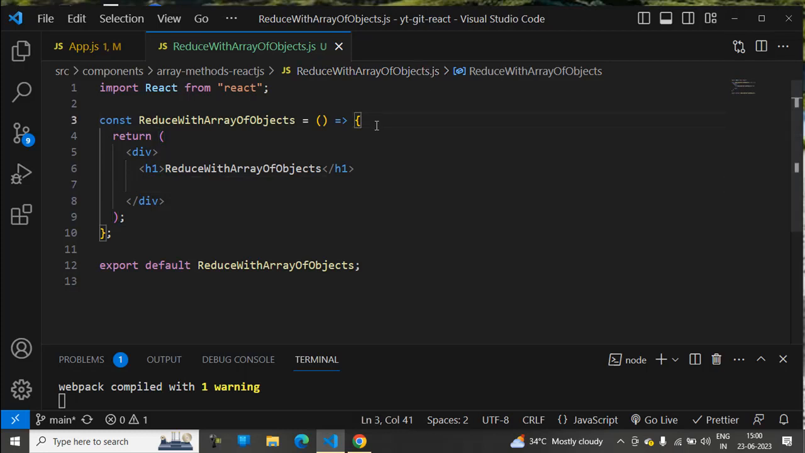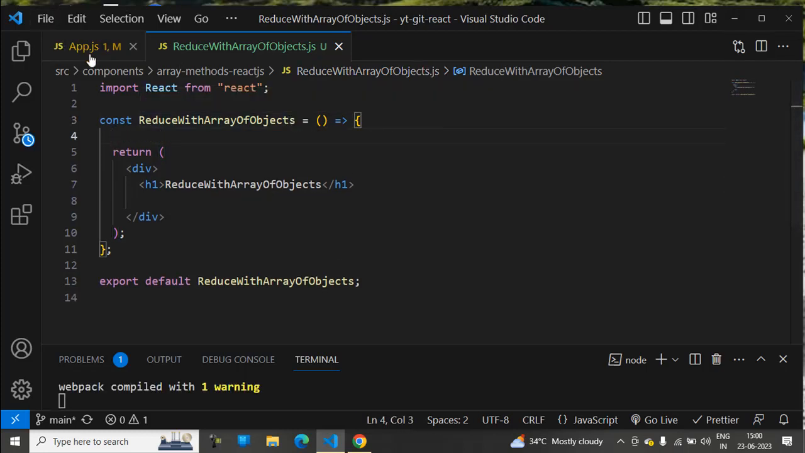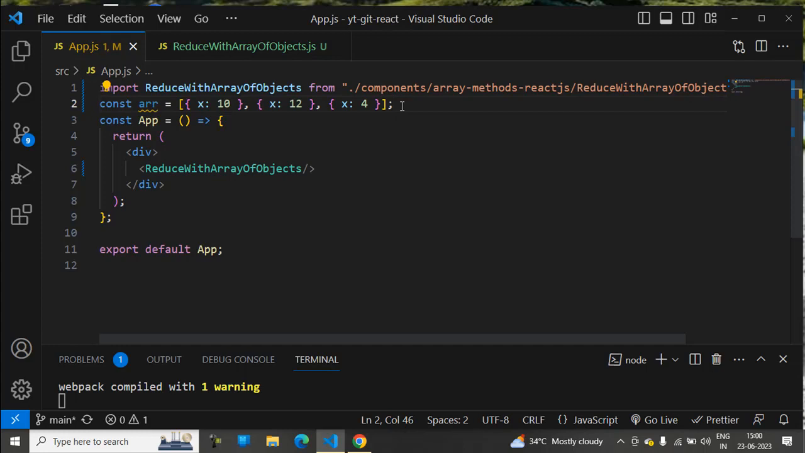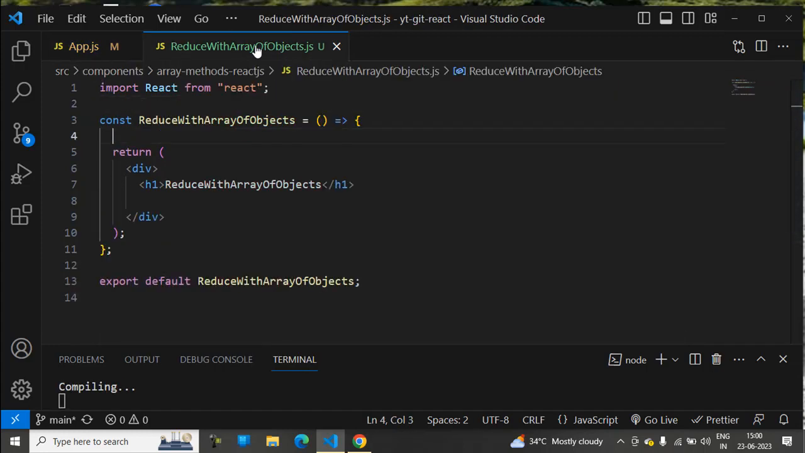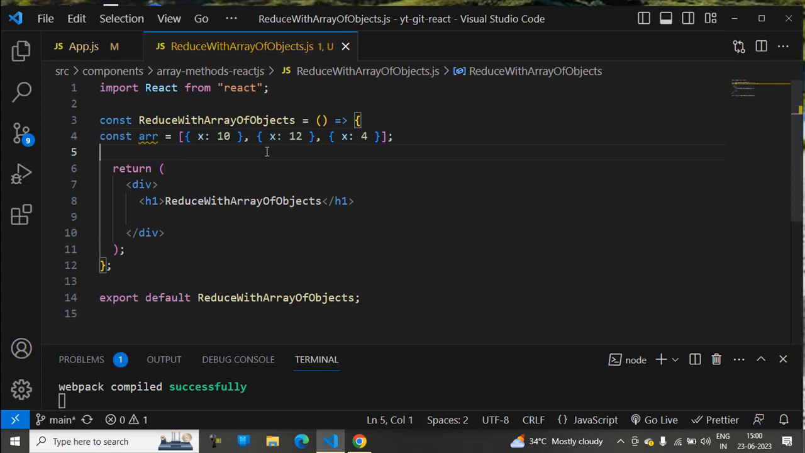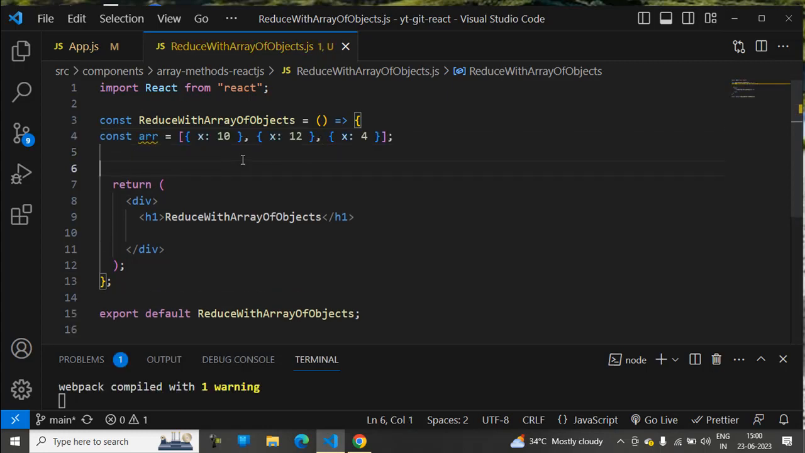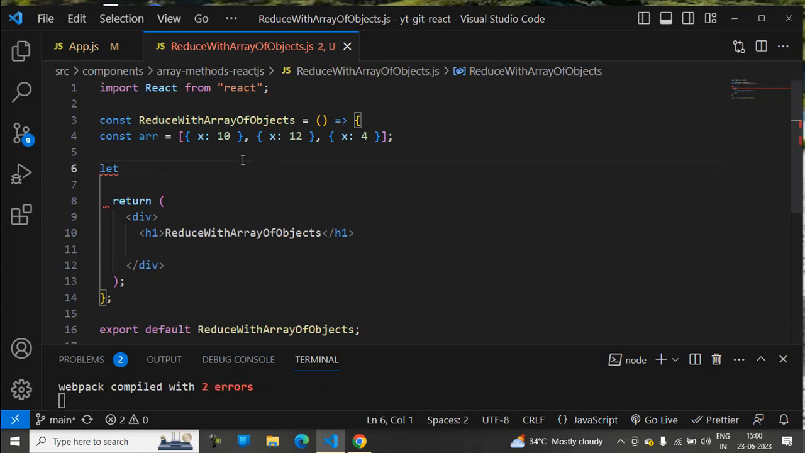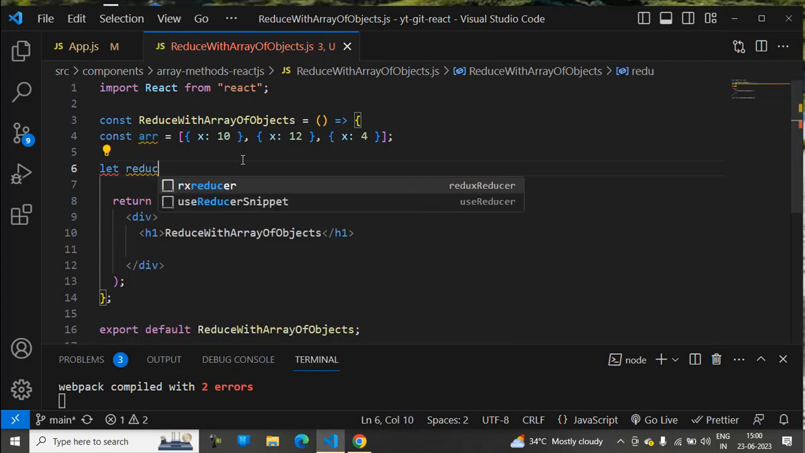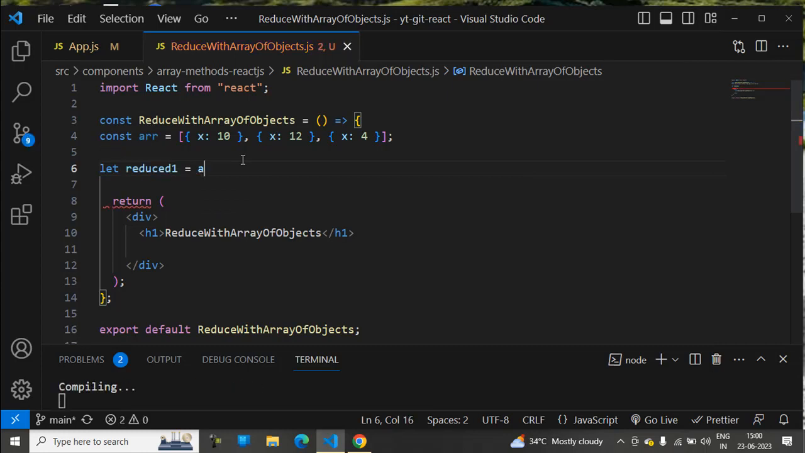After this, we need to get the array of objects. I have an array of objects here. Control V, and we should follow that. Let reduced 1 equals to array